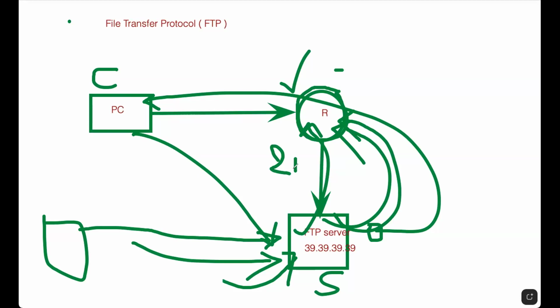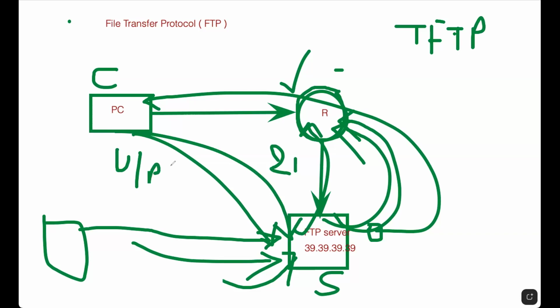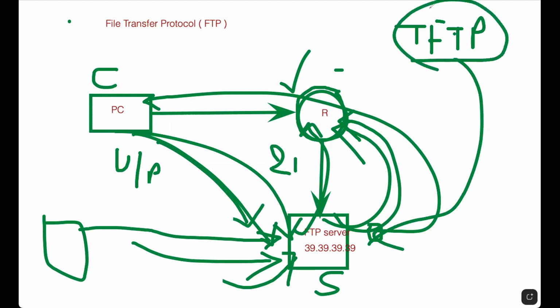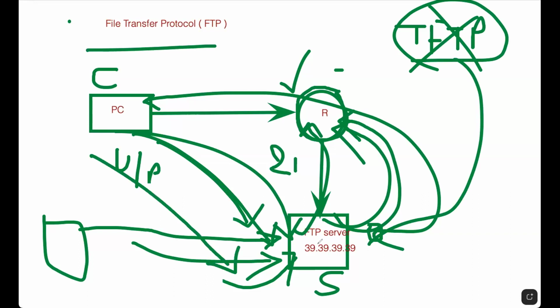And then there is a concept called TFTP, Trivial File Transfer Protocol. The biggest difference between TFTP and FTP is, if the PC wants to talk to the FTP server, there should be a username and password to contact it. But TFTP does not need any username and password. It can talk directly, which is not secure at all. So TFTP is very old. Even though it does the sending and receiving of files, there is no security, there is no user login, right? So there is no password. But FTP needs the username and password to log into the FTP server